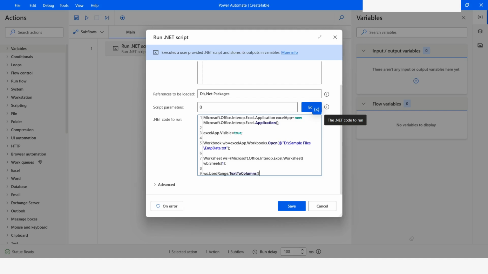Then in the bracket I will specify some parameters, and here I will put a semicolon. Now I will go inside the bracket. Here I will specify the Destination colon worksheet dot UsedRange, comma. Then I will specify DataType colon